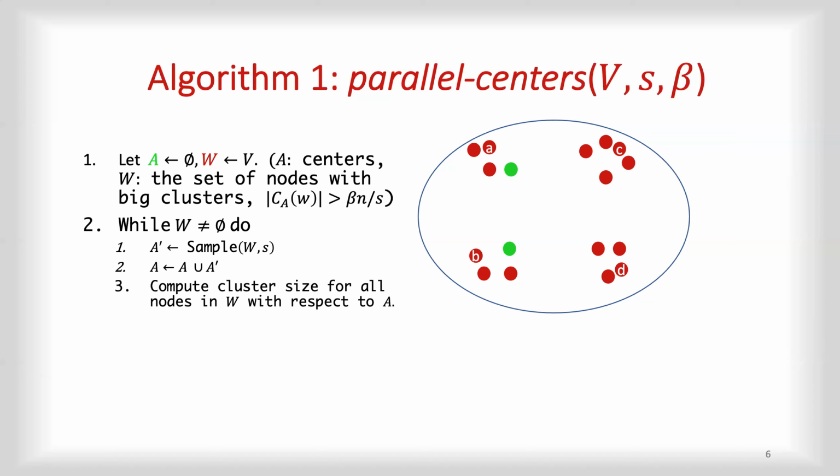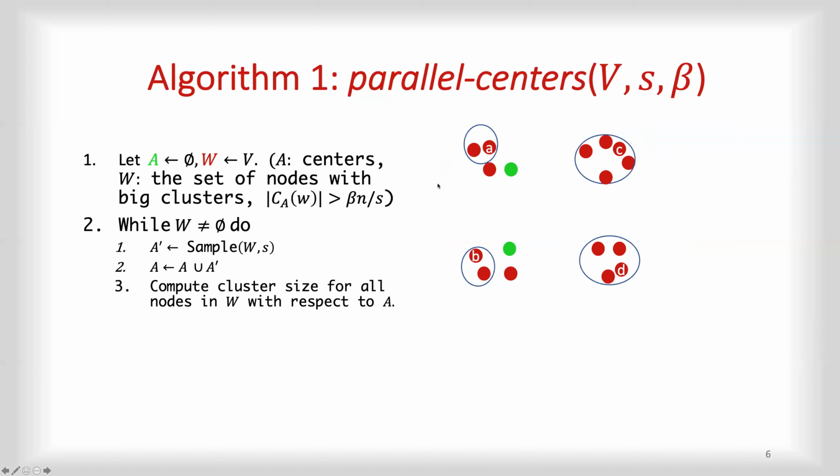After finding the cluster size for each of these vertices, which is illustrated here for just four vertices A, B, C, and D, but it has to be done for all of the vertices,